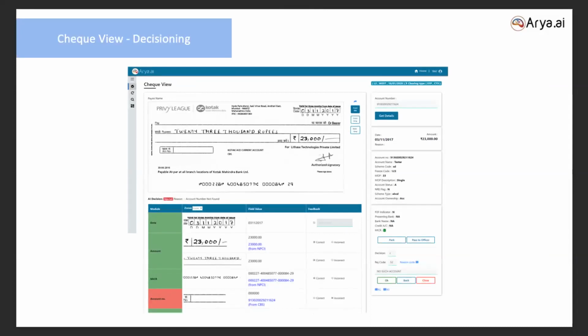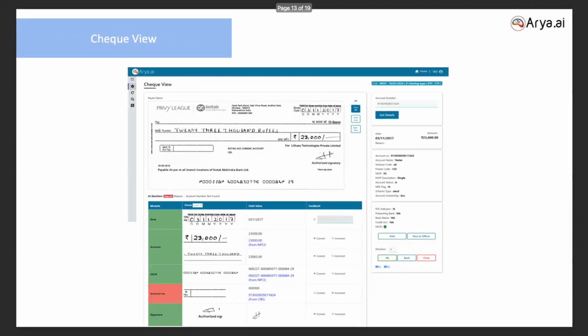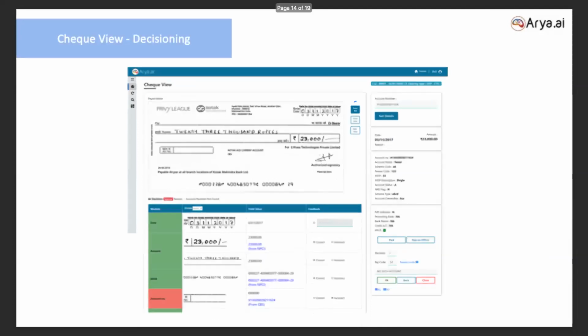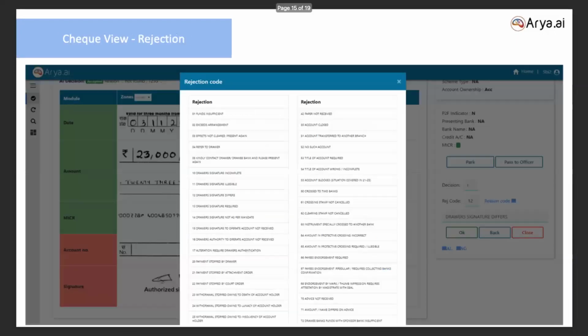If you see here, all are shortcuts. If the decision is accepted, put an A and send. If the decision is rejected, put R, and rejection codes will pop up here. These are all inbuilt in the system, so select the particular code and submit it.